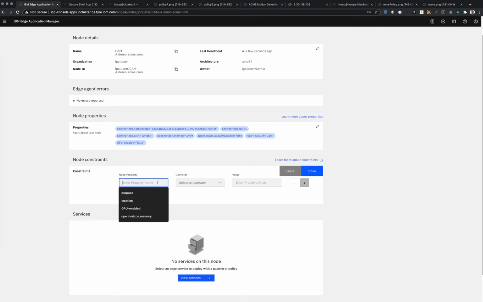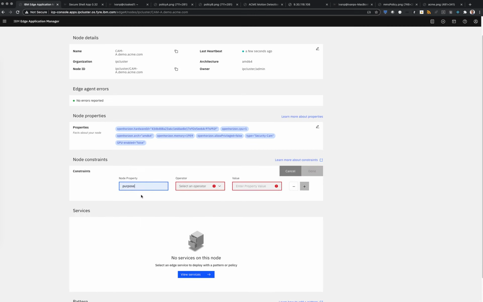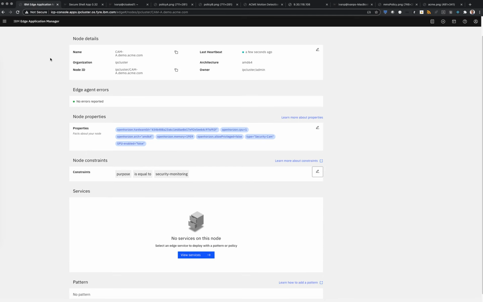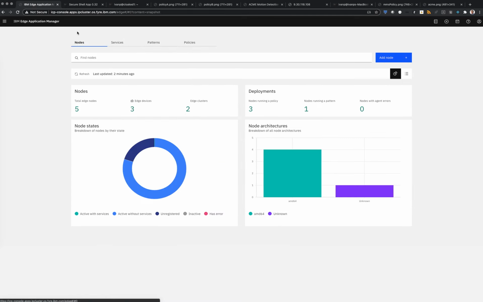The constraint of this is the purpose, and I'm going to specify a constraint that only services that are security monitoring are going to run on this node. Again, the combination of the properties and constraints is what gives me the policy of this node. So these are my properties and constraints for camera A node. Now, if I go back to camera B,